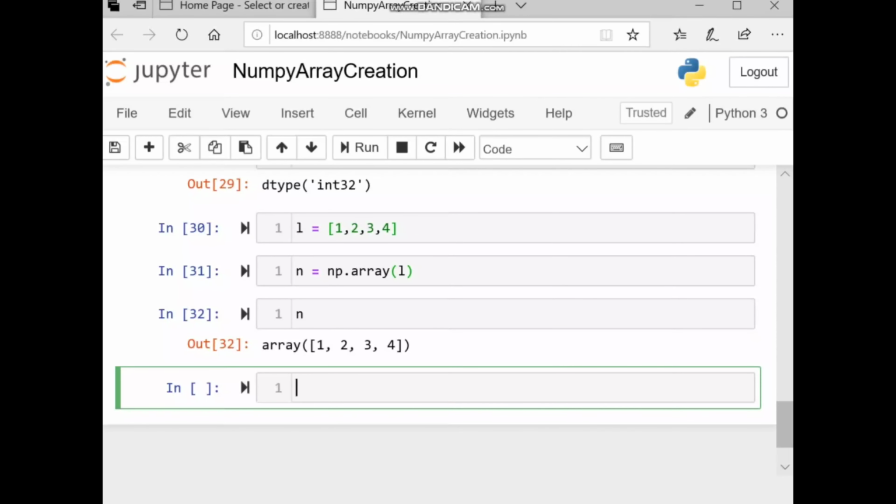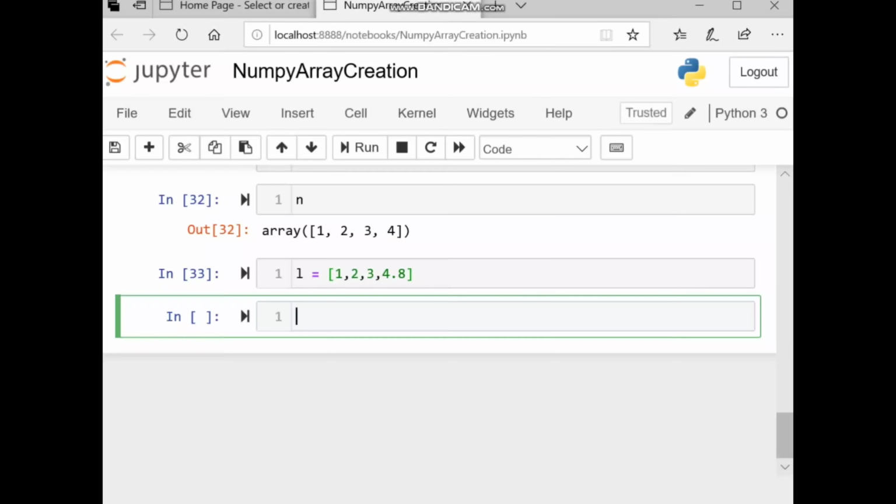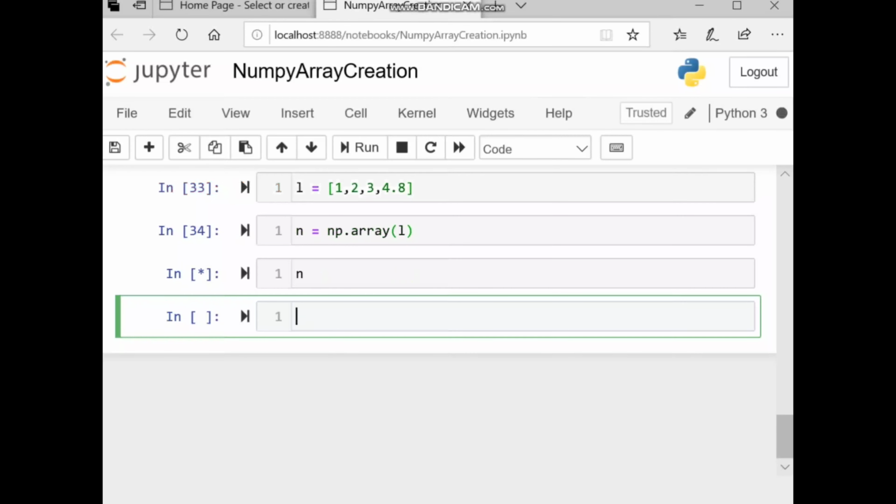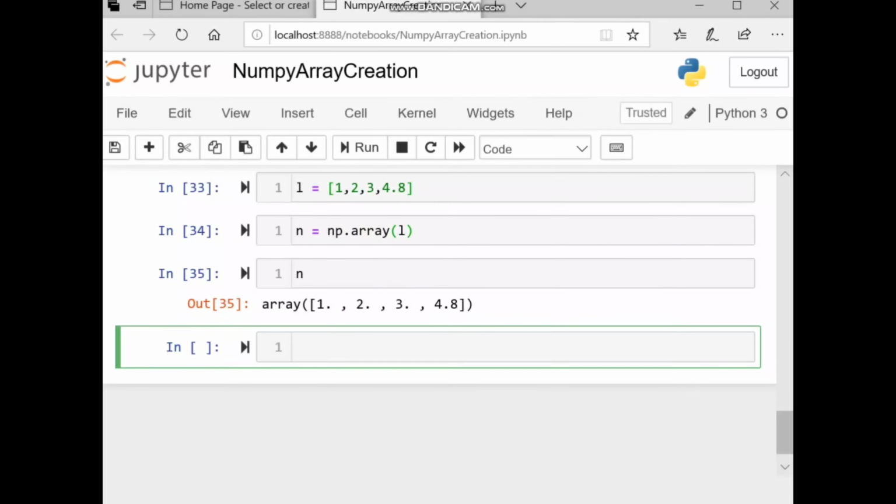so if we create a list with different types of data like L is equal to 1, 2, 3, 4.0, let's suppose 4.8. Okay, and here we hit shift enter, and now we create a NumPy array. n is equal to np.array and pass the above list and shift enter. Okay, and now we see n. See this. Okay, and if we want to check the type of this array, do you know guys what will be the output?